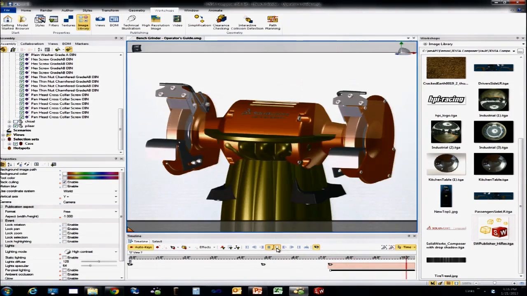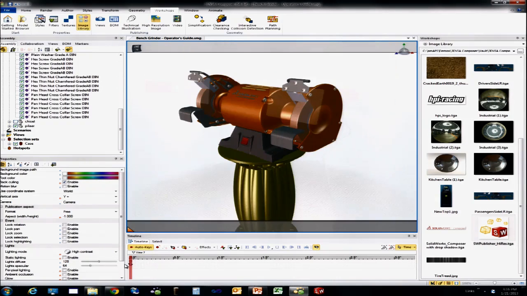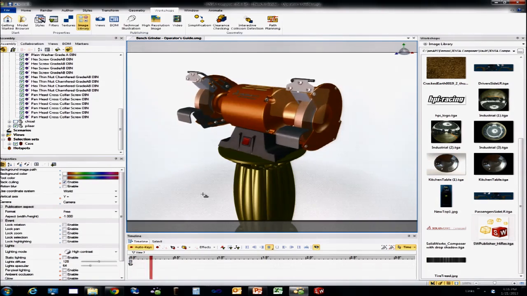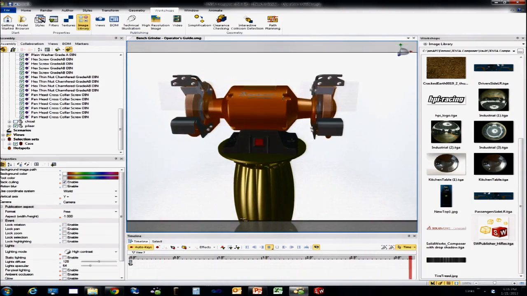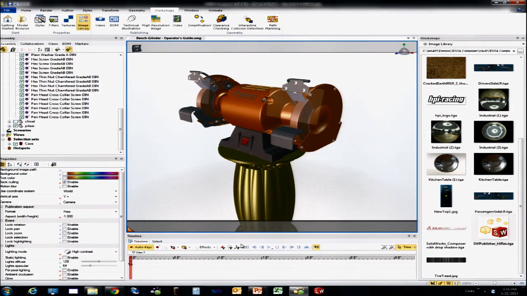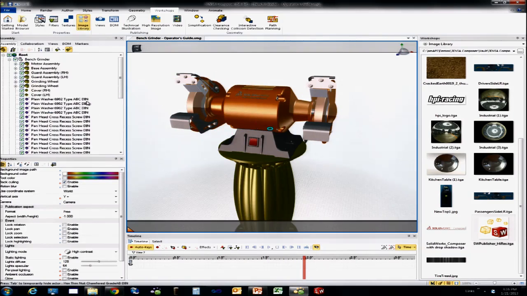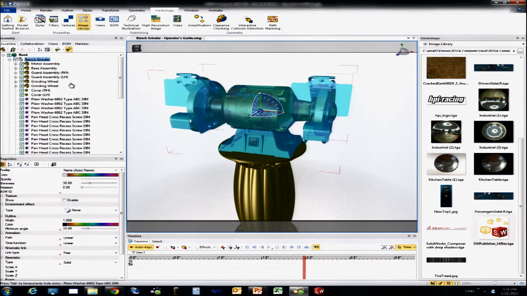So this is a basic thing. I've just added a couple of keyframes within this animation, and of course the timeline is all out of whack, so let me move that over so that it's correct. So it's nice and clean as far as this rendering is concerned. So we get an idea of just the basic rendering. We can add some things where we can move some components around. Maybe if I want to go out to a given time period, I can select the grinder itself, maybe take it off the